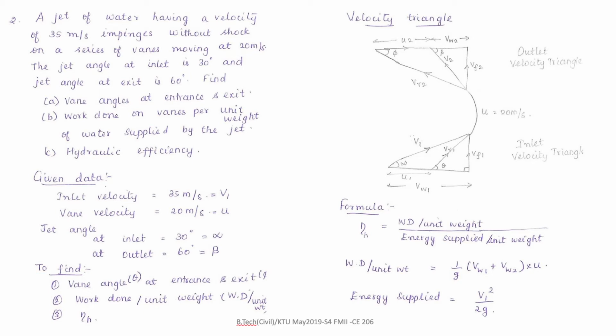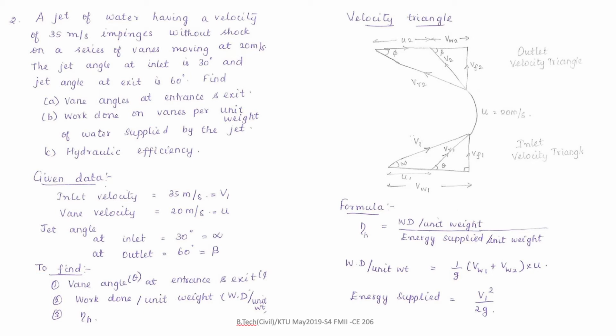So the same thing you have to represent in the velocity triangle in the outlet. If it is in outlet, you have to write it as 2. In the inlet velocity triangle, we have represented it as V1. If it is in outlet, you have to represent it as V2. Okay. So in the outlet velocity triangle, the water will be coming out with a relative velocity VR2, and the vane is also moving, so it has U2.